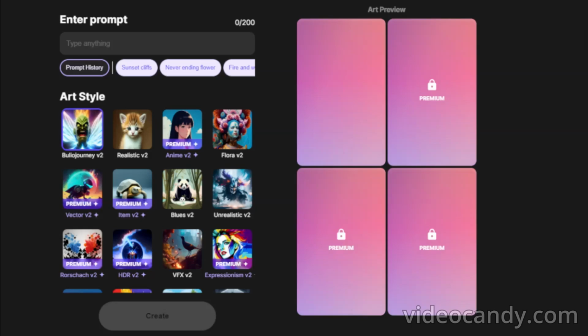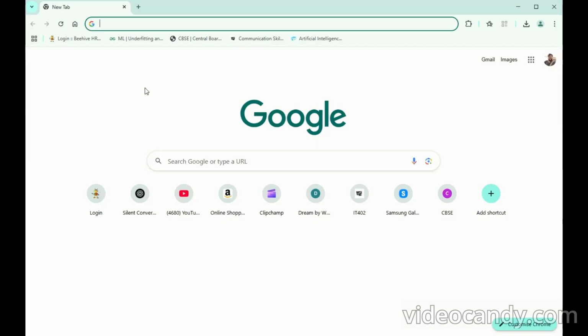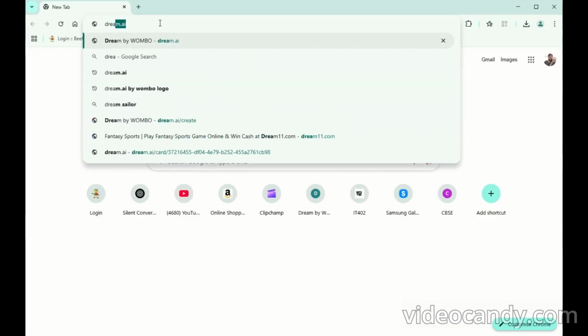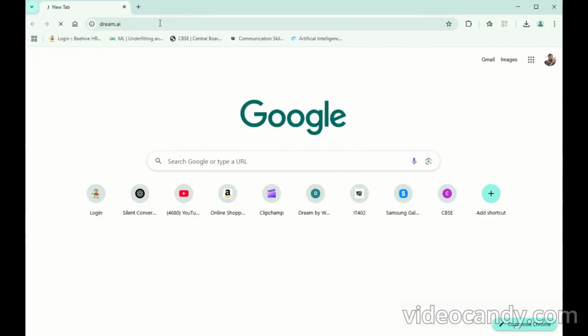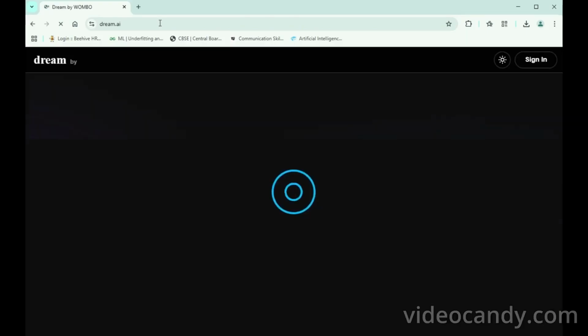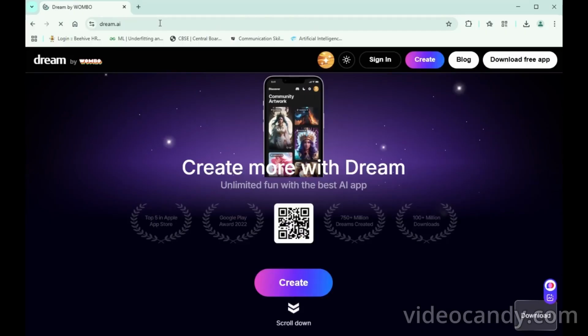To use Dream AI, follow these steps. Open your internet browser. Go to Dream AI website. Click on the Start Creating button.